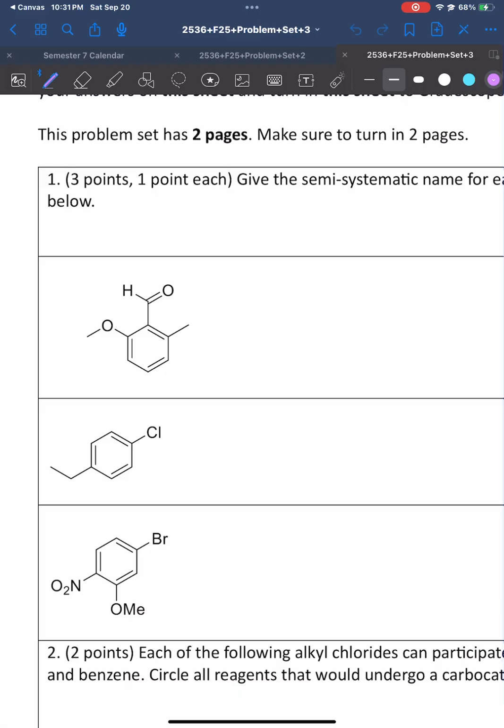So let's go ahead and get started with question number 1. In order to name this, we need to find the highest priority parent chain. And in this case, what sticks out to me is this benzaldehyde. If we look here, that is a toluene group, and if we look here, this is an anisole group. But if we know the different priorities, we know that the benzaldehyde is going to take priority and automatically become